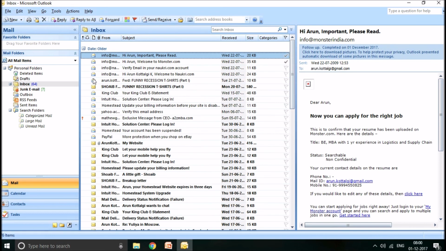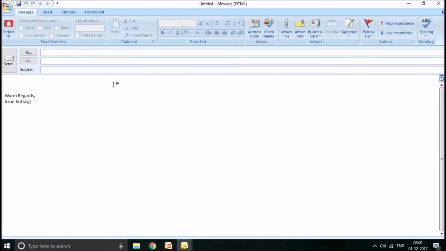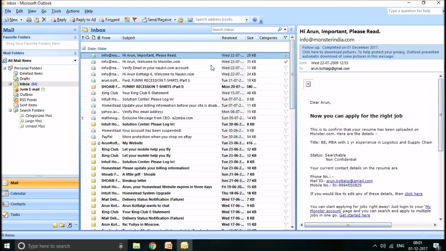So if you want to create a new email, just click on new. The procedure remains the same. Just click on new. It will open a new window. Type the email ID to whom you want to send, CC, BCC, etc. Subject you will type the body, and just click on send. So if you have configured multiple emails, in the send you will also be asked from which account you want to send it. So there are many different options like attaching a file, marking as important, a lot of stuff. You can also do spelling and grammar check, and finally send your email.